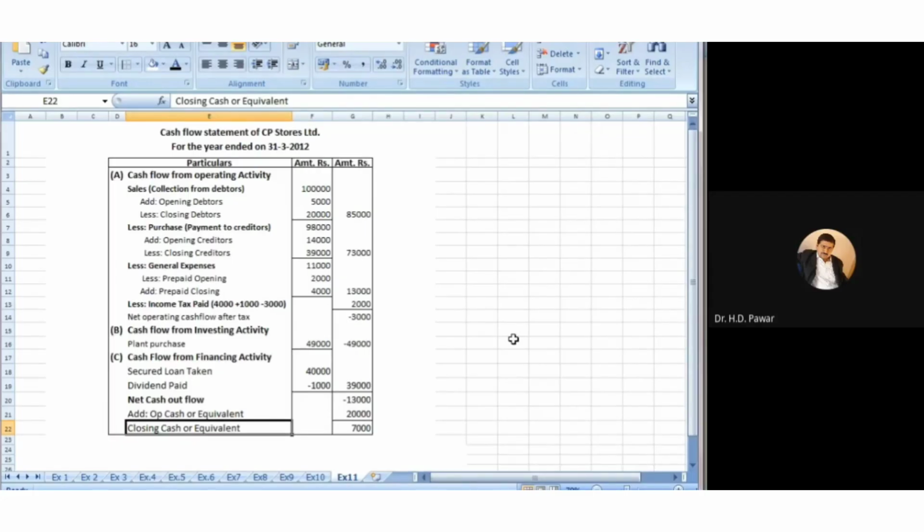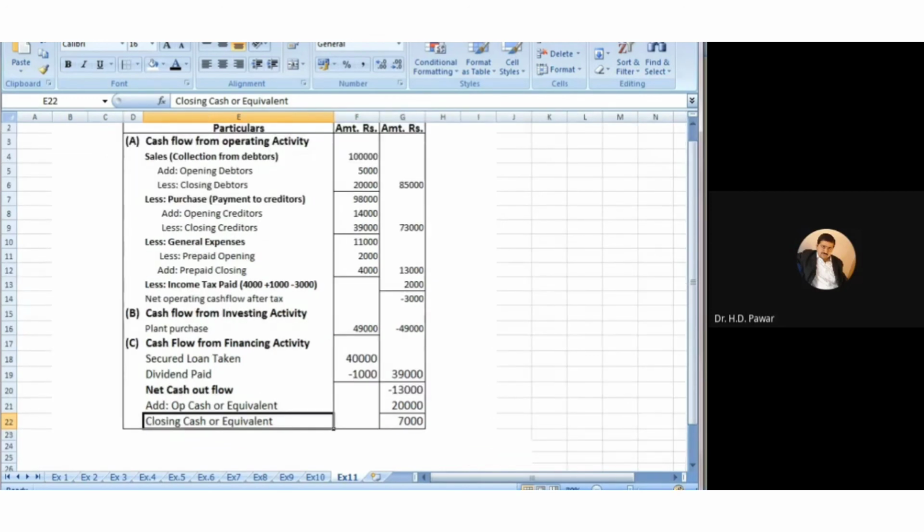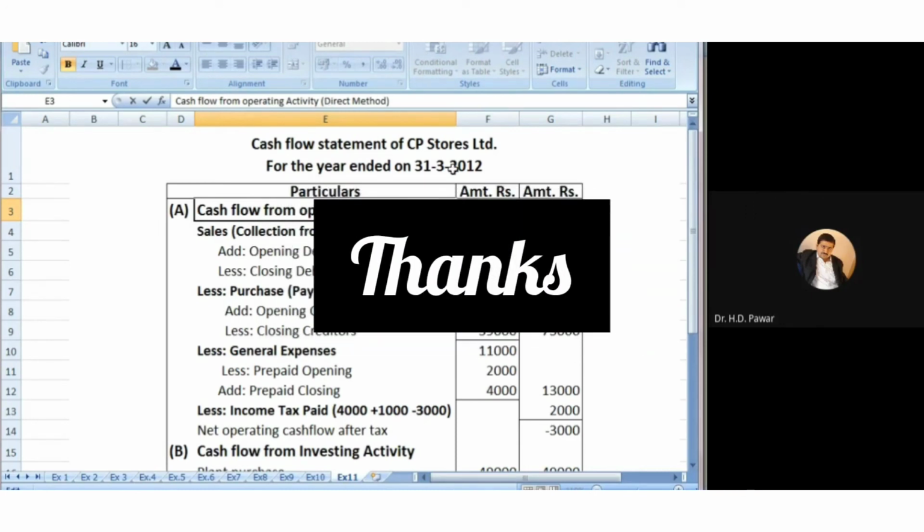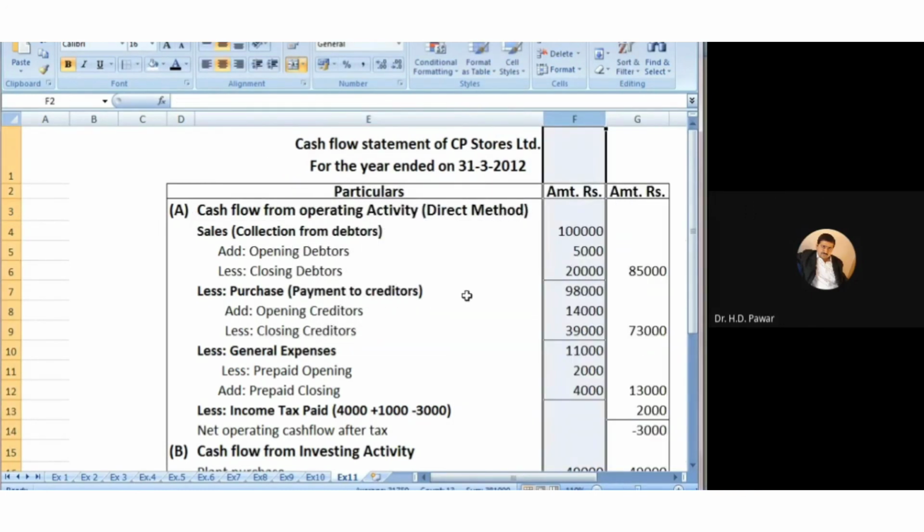Simply, the main focus is on the operating cash flow. Operating cash flow is by direct method. The remaining are not direct; there is no question of direct and indirect for them. As far as the direct method is concerned, that is used in operating cash flow. I just mentioned here direct method. So hope you understand. Clear and can be digested very easily.